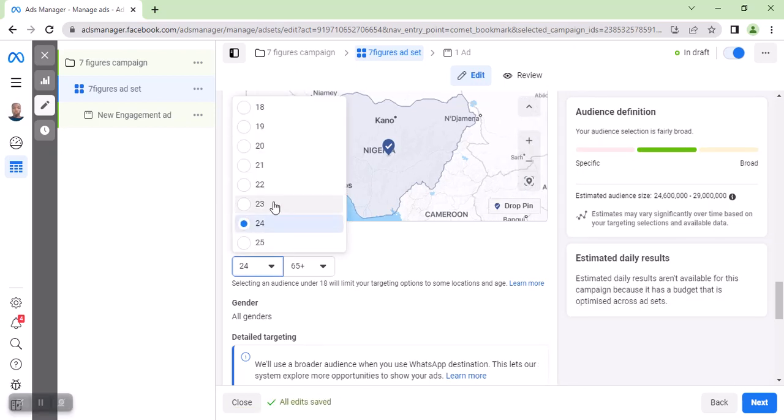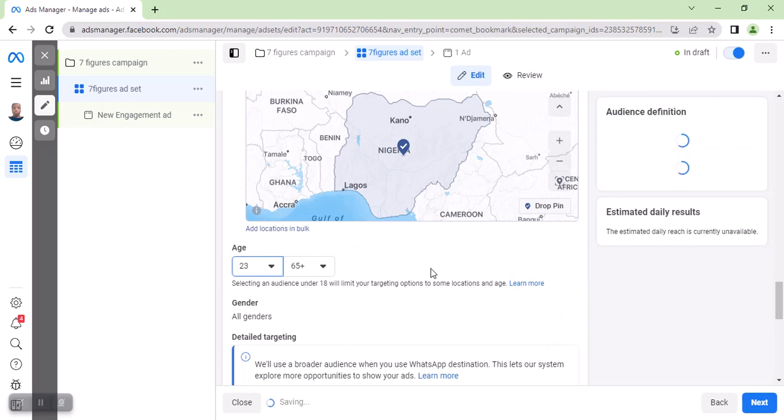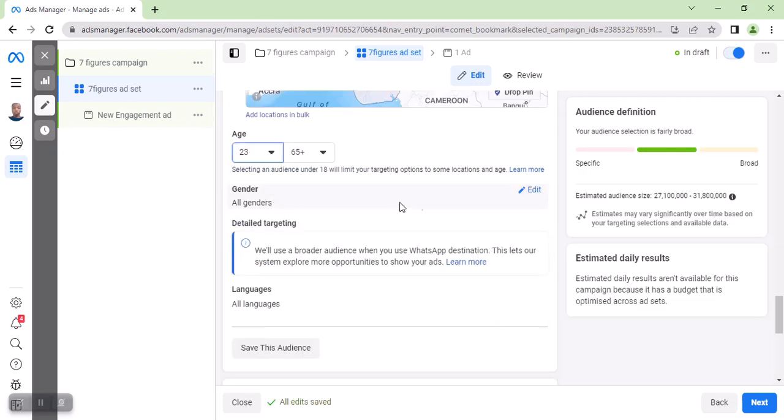But let's just start from 23. Alright, so for all gender. Now, this particular thing, this Gando product, we will leave it on all gender. The reason being that some women are not happy the way their oga is performing in the other room. Are you with me? Some women are not happy the way their oga is performing in the other room, and